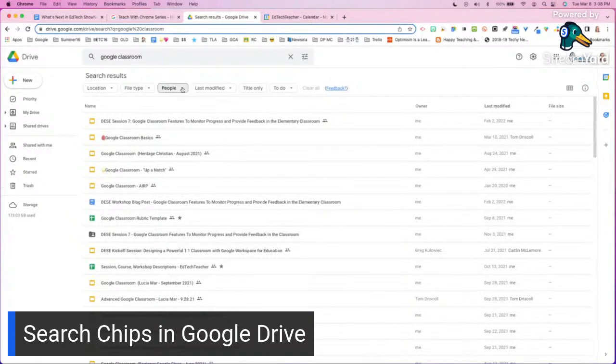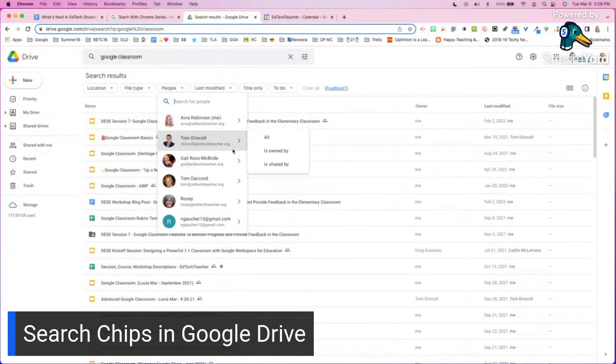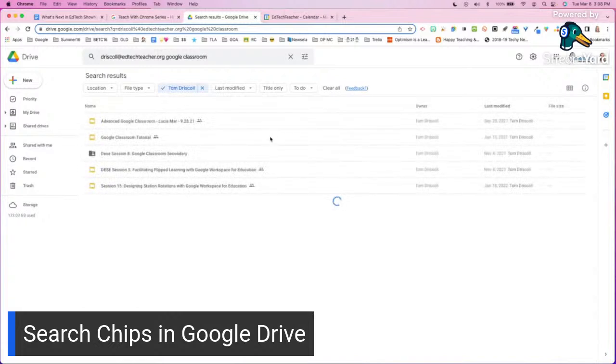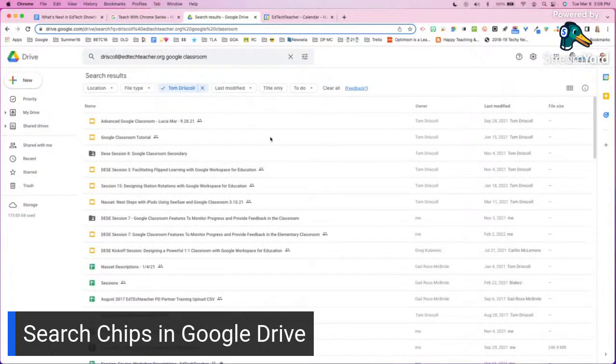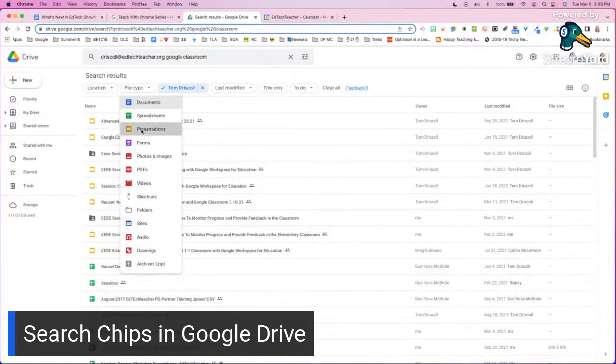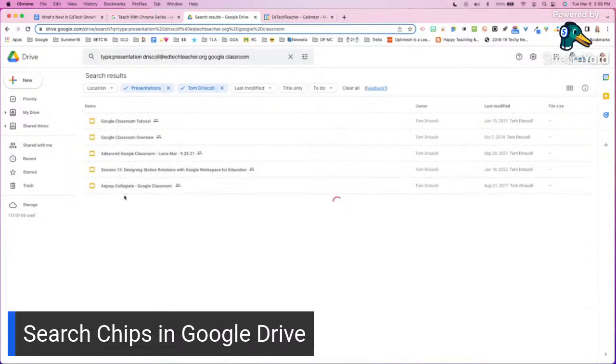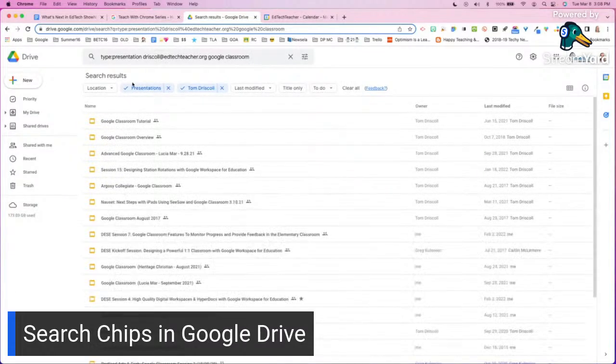but now they've got the search results right here, and I can modify and zone in on what I'm looking for. So if I'm looking for something that I know Tom is the owner of, I can go in and do that kind of filtering, which just makes it super easy to find things more quickly. I'm usually pretty good at knowing when we did something, or that I know Tom owned it, or that it was a presentation versus a document. So I think this is a really nice thing that Google just popped up in my Google Drive one day. I love those little gifts that we get from Google as we go. So that was just another thing that we wanted to show you this month.